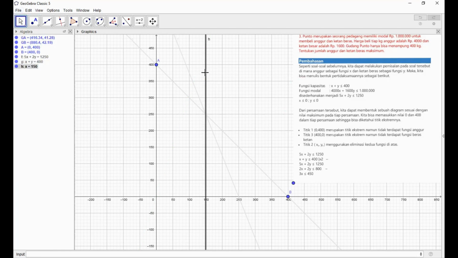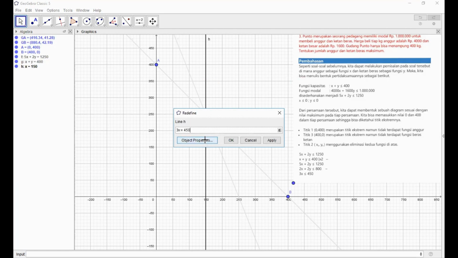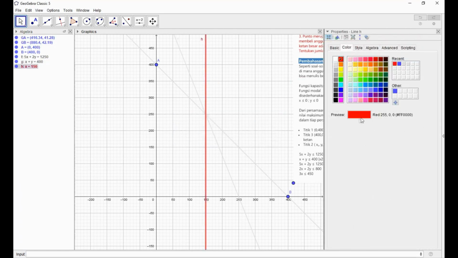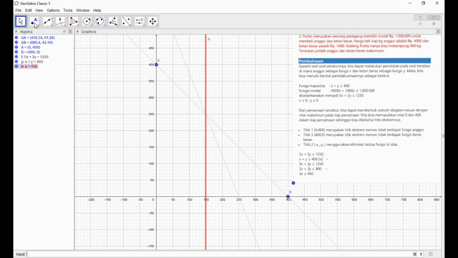Now we can change the color, maybe. Okay, it's the result of this question. The answer is, oh sorry, delete.